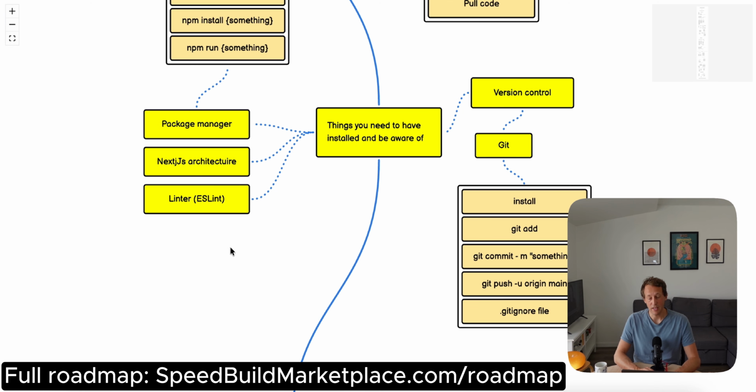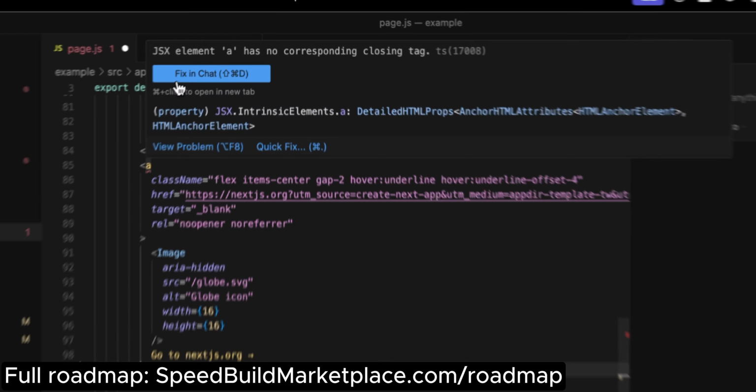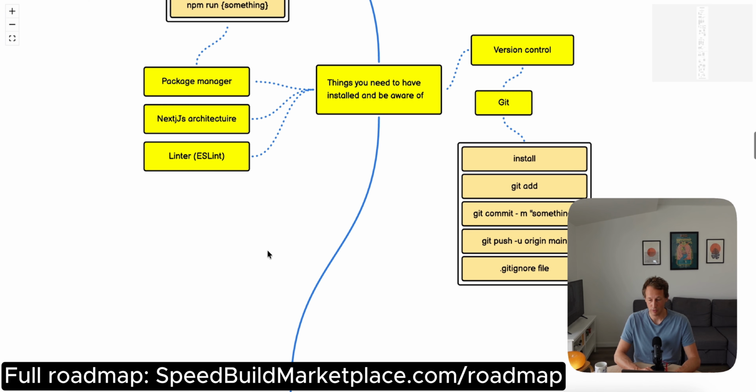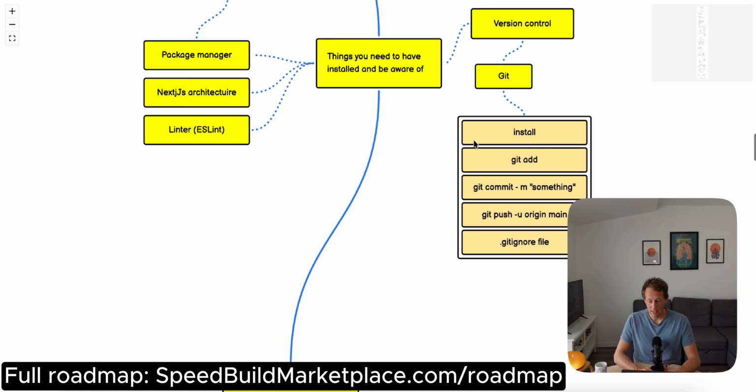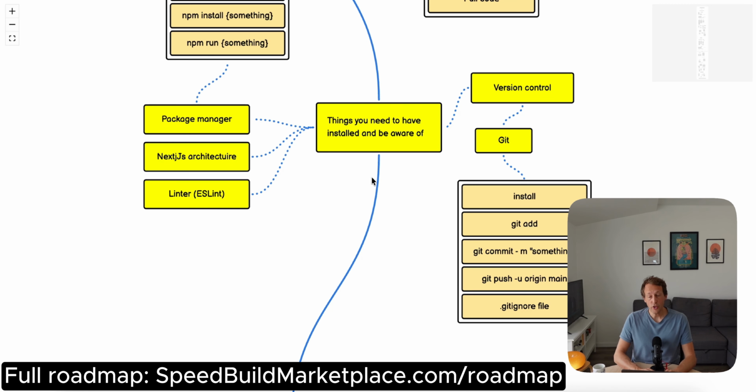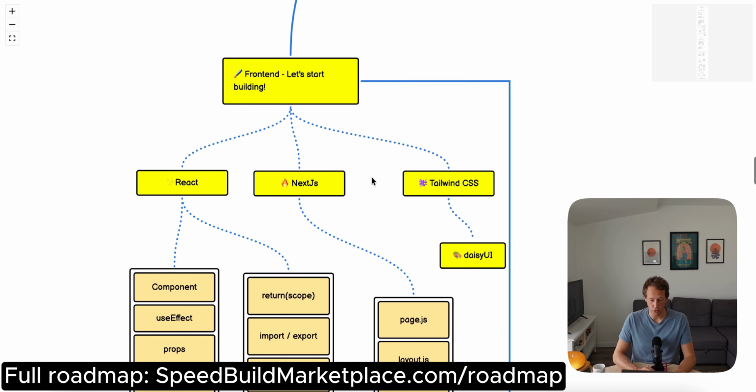Then a little bit about the Next.js architecture, and then what is a linter. So basically a linter is just a helper that makes it a little bit easier for you to not make mistakes when you are coding. So most developers are using linters. You should also know about Git, so how to add a commit, how to push, and what is the gitignore file. And then once you have this set up, then you will start to build your front end,